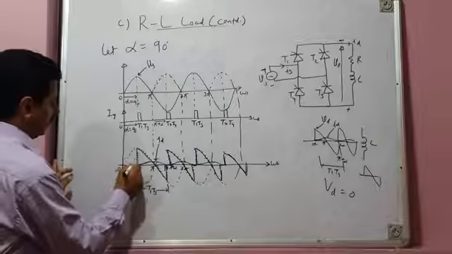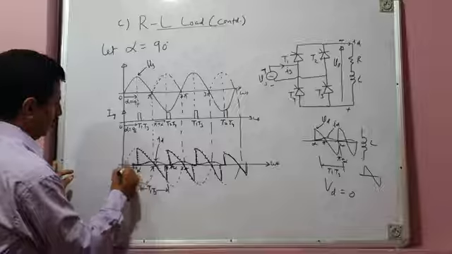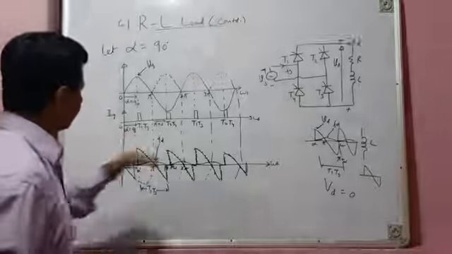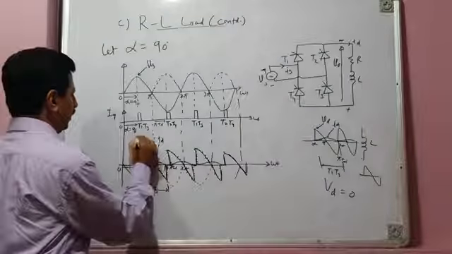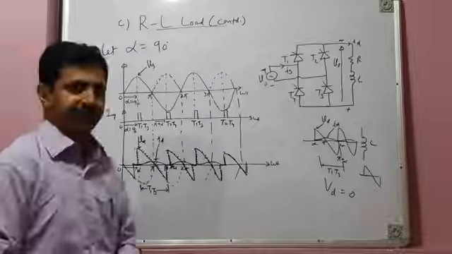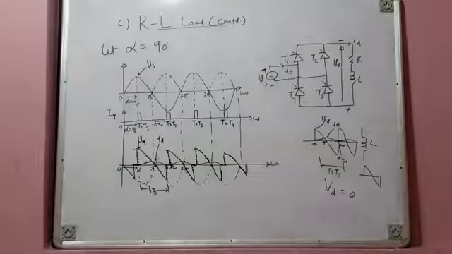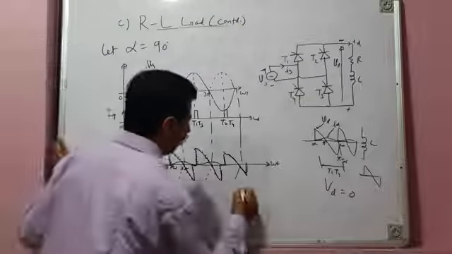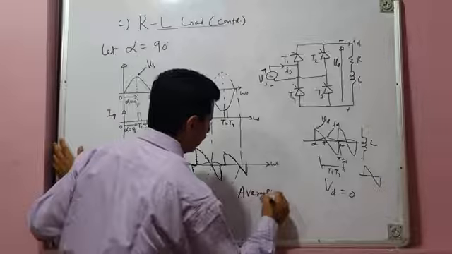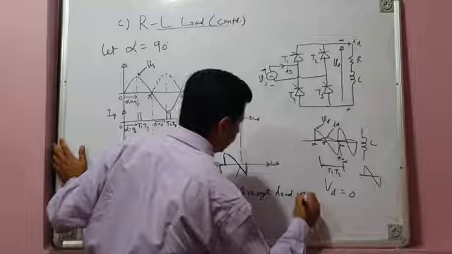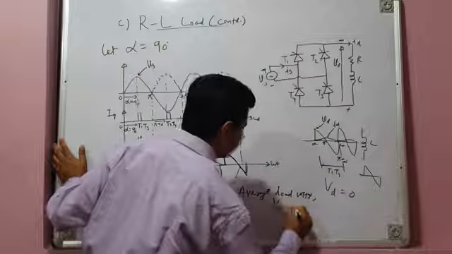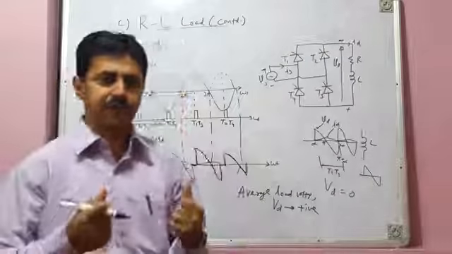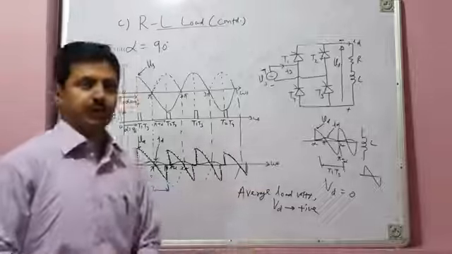So that means previously also there would have been some zero instant here and some negative instant here, if you assume that previously the converter was already on. So this is the nature of load voltage, VD, and this is the nature of load current, ID. And you can see, since positive voltage is slightly greater than negative voltage, what is average load voltage? Average load voltage, VD, is not zero, it is positive because of the presence of resistance, and since resistance always consumes energy, average load voltage has to be positive, not zero.